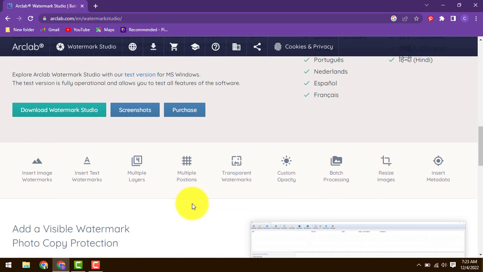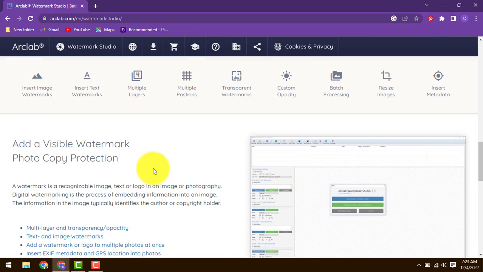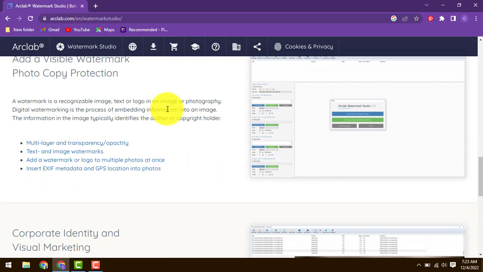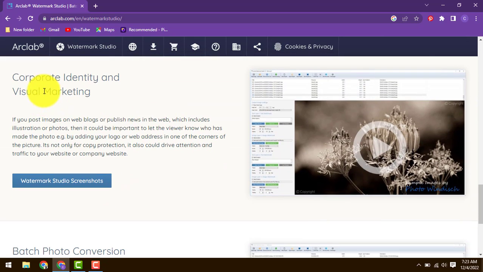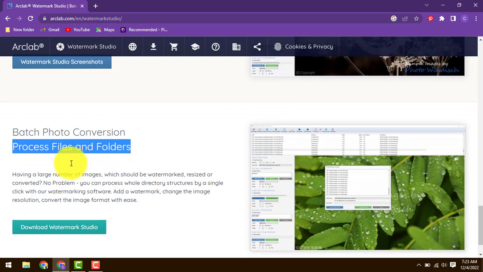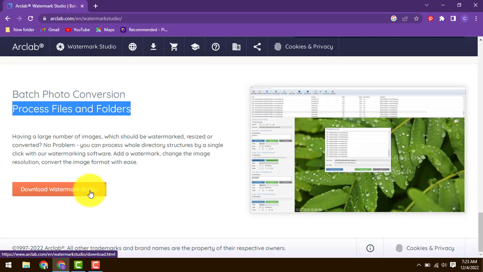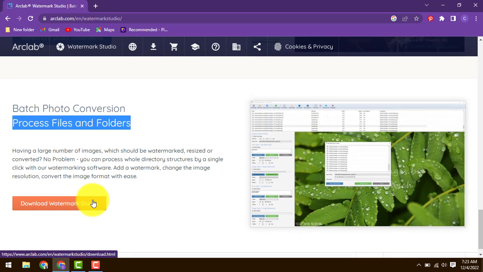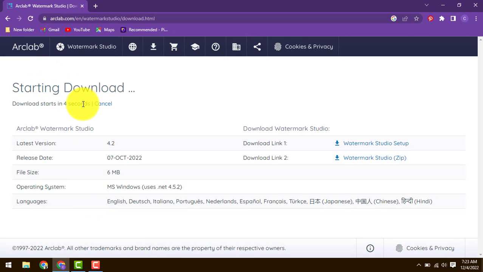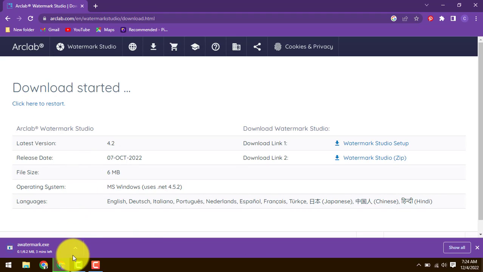After that we will try to download the free version for our PC. Add a visible watermark, photo copyright protection, and watermark image, text or logo, corporate identity and visual watermarking, batch photo conversion, process files and folders. Download Watermark Studio here, and we will try to download it for our PC. So the download will start in a few seconds. You can see here the installer of Watermark Studio has been downloading,